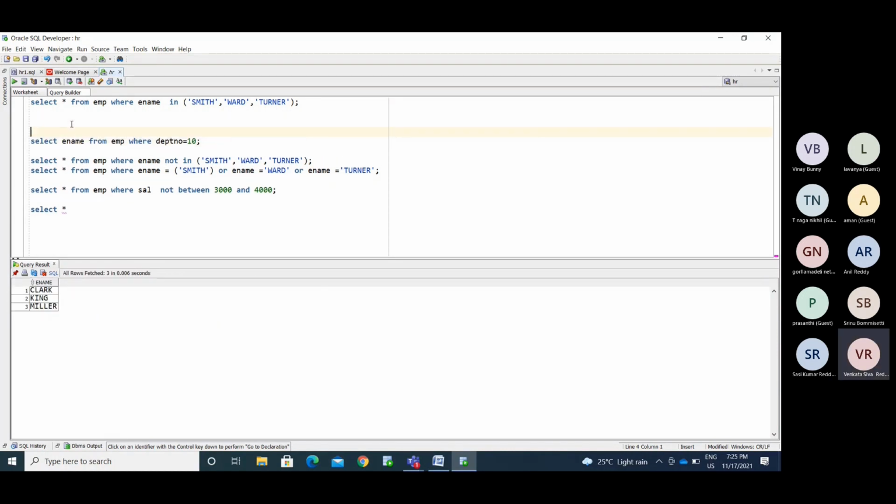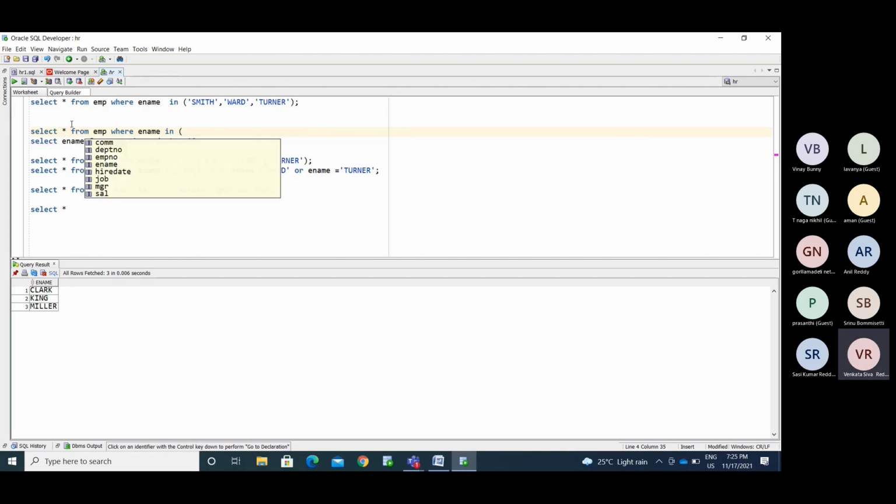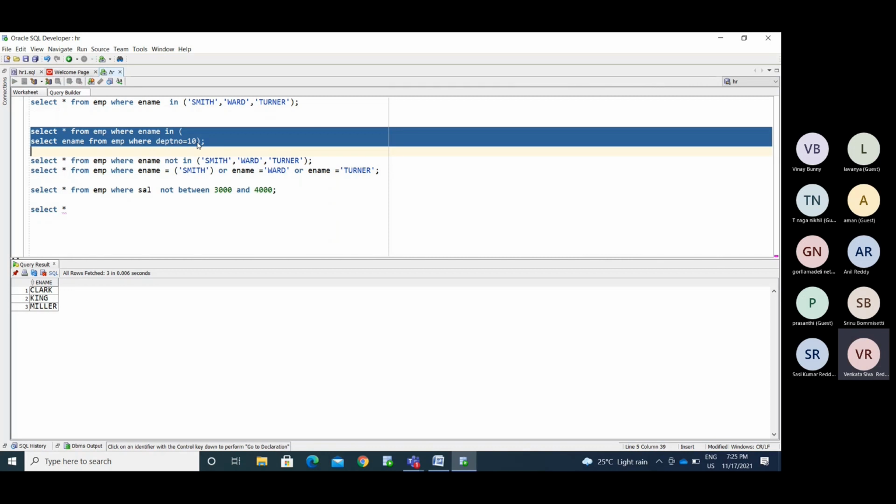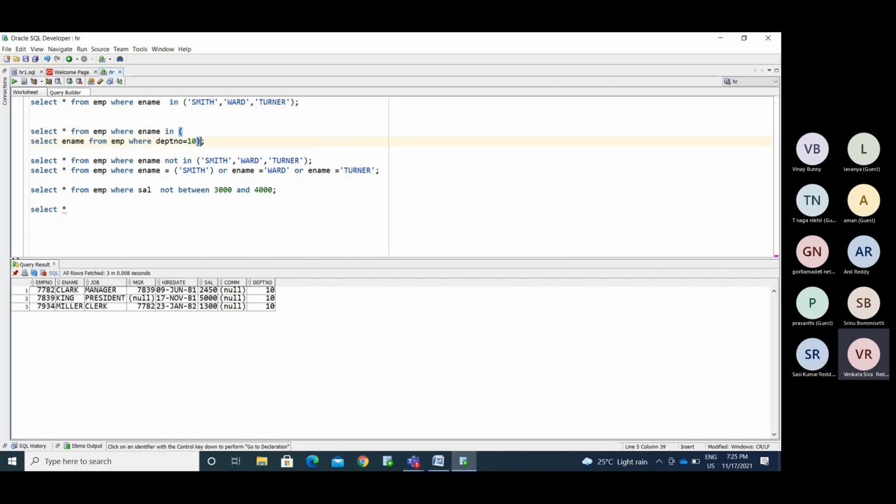What are the employees we have? I need to display: select staff from employee where IN. So we'll get the employee information like this.